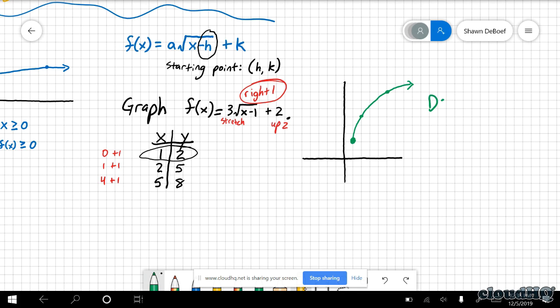You will be asked about domain and range on these problems. Especially now that they're not all real numbers, I'm really interested in making sure you understand domain and range. What is the domain in this problem? The smallest x value I could use was 1, and everything beyond that worked. I only chose the 1, the 2, the 5 because those worked conveniently. They're relatively small. But everything greater than 1 would have worked. What about the range? Not x, but f of x is greater than or equal to 2.